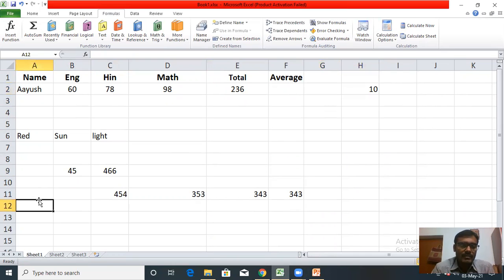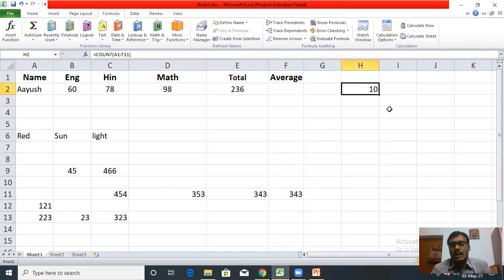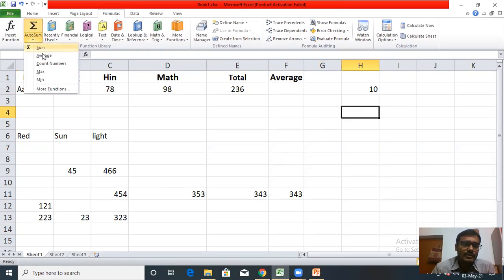If you add some more numbers, suppose you have added some more numbers in this list, okay, and again you want to use count number functions. So it will return some different value.